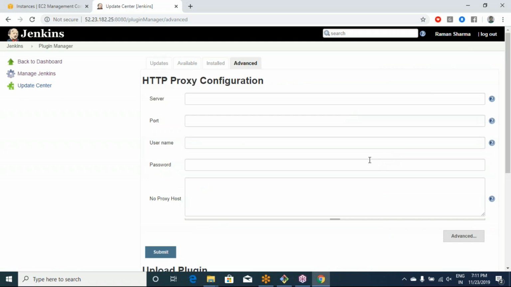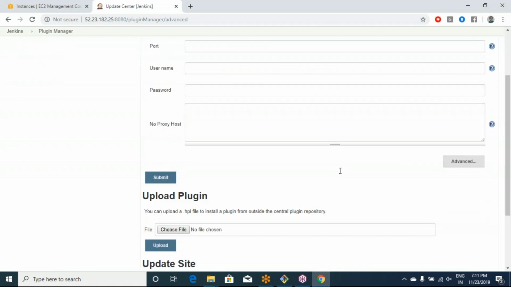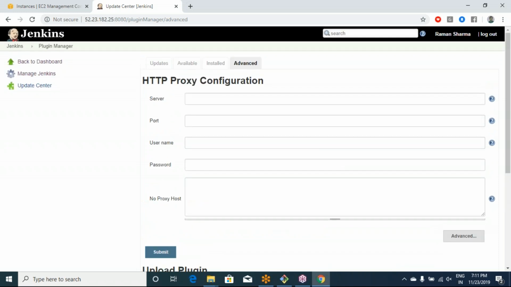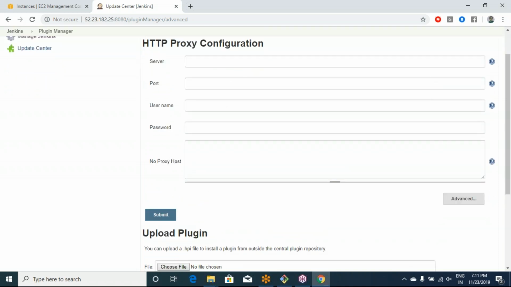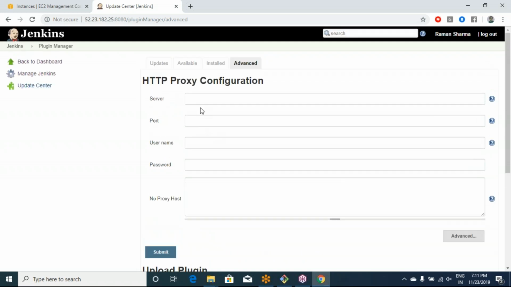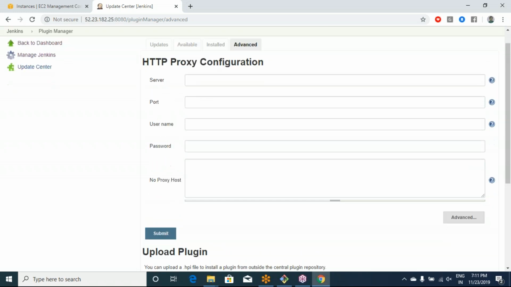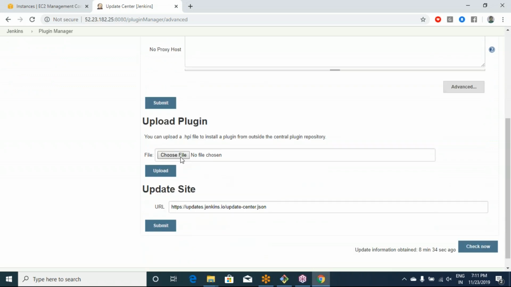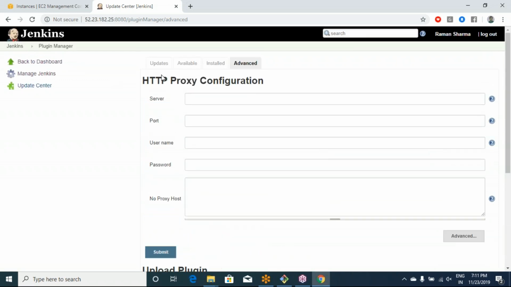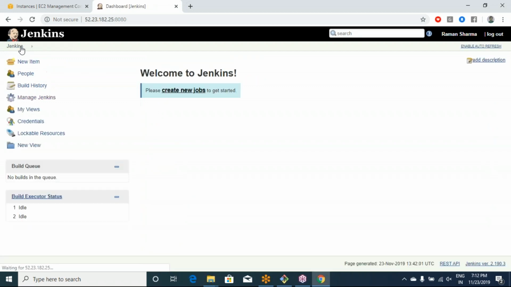Next is Advanced. In Advanced, you can upload any plugin which is not listed in the default plugins but is compatible with Jenkins, so you can load it over here. So these are the different plugin options. Today we will use the build pipeline plugin, which will be helpful to create the CI/CD pipeline. Now, if I go back to my Jenkins,